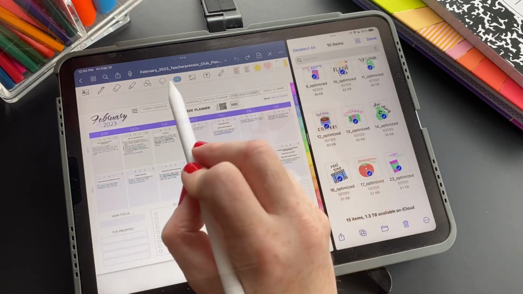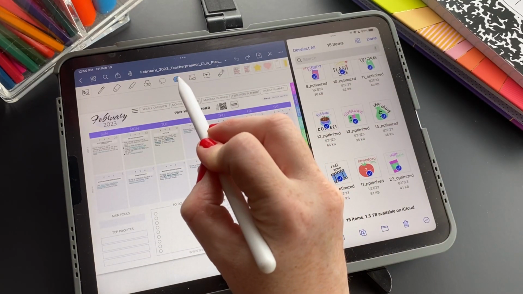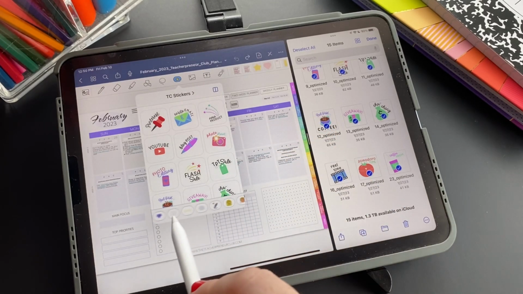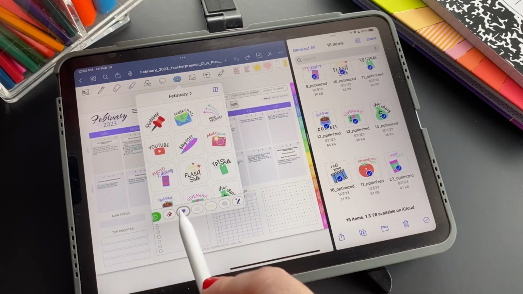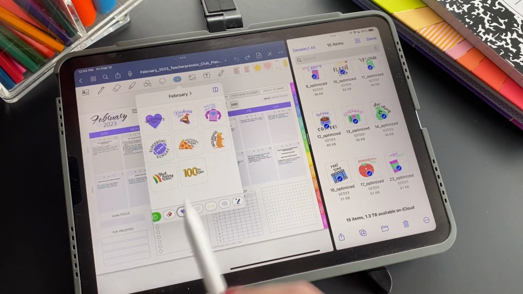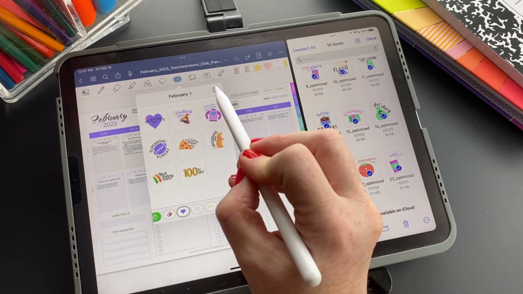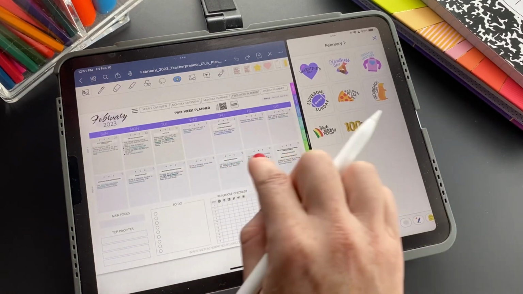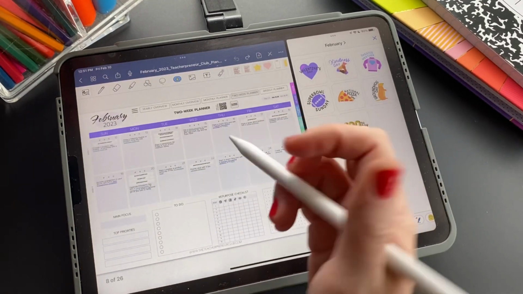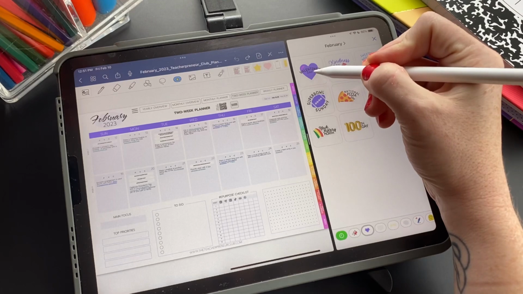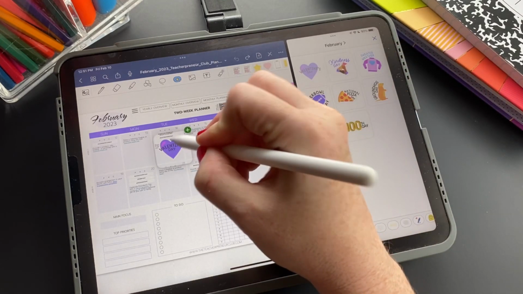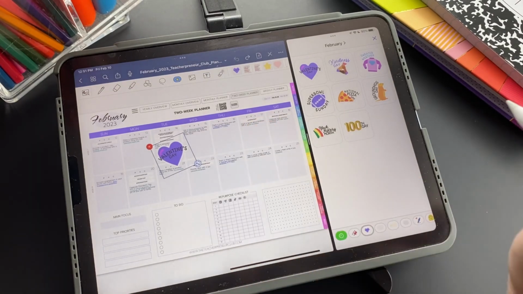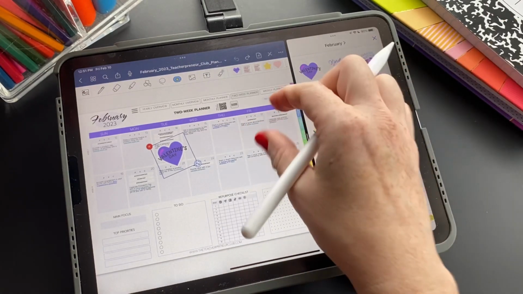Then when we're ready to drop them in somewhere in our planning pages, all you need to do is tap on the collections, find right down here, these little icons kind of show you, let's say we want to do February stickers, tap the split screen icon, and now let's see, let's do Valentine's Day. So we just will press here, drag it over to Valentine's Day,